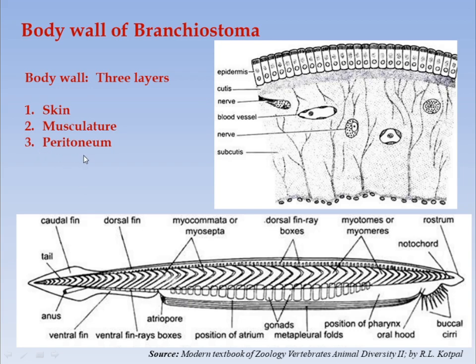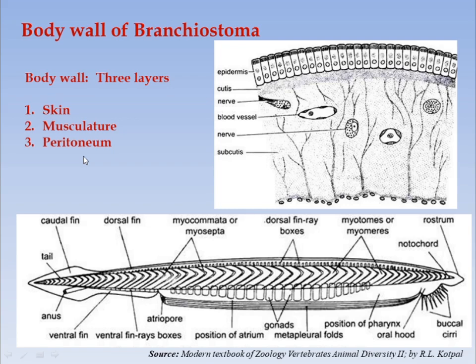The word peritoneum, you come across it everywhere, and it means a simple thin membrane. Now peritoneum is of two types. We generally use this in science. If you come across the word parietal peritoneum, that means the membrane which lines the abdominal and pelvic region or cavities. And if you come across the word visceral peritoneum, then it encloses or lines the viscera or abdominal organs of the body.